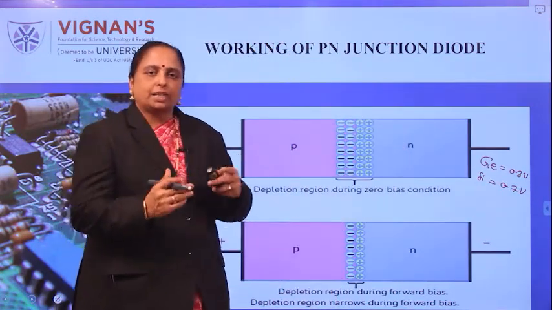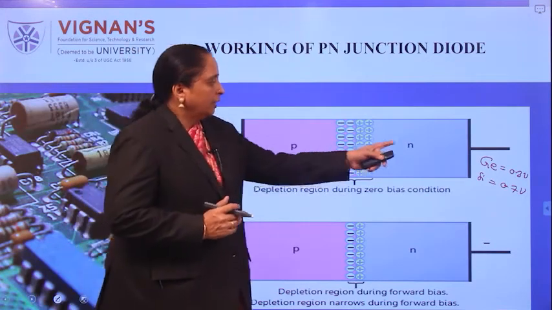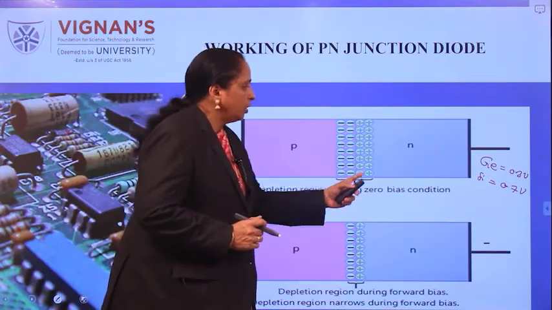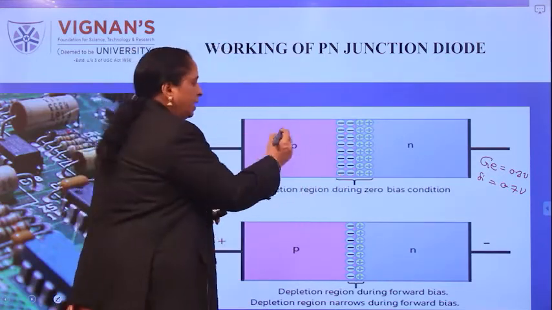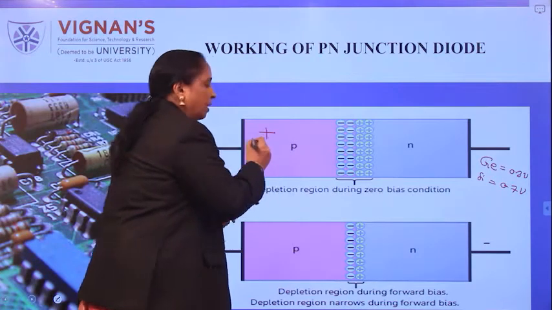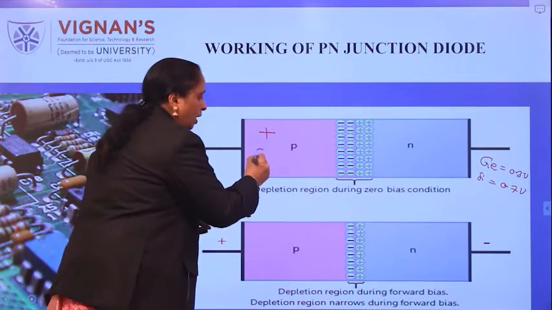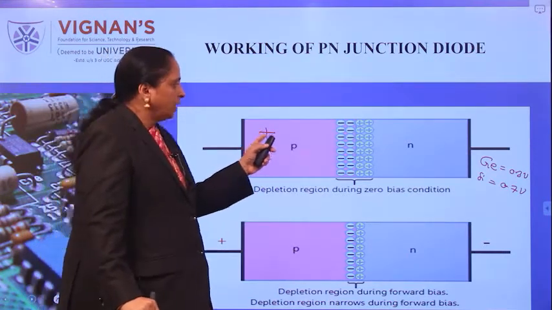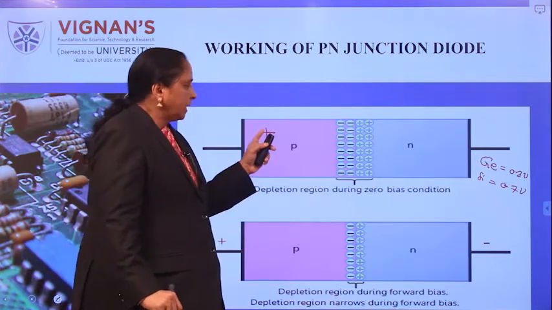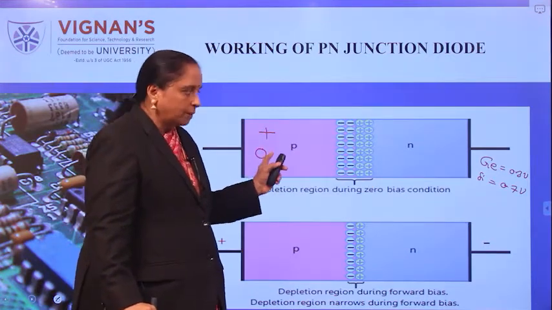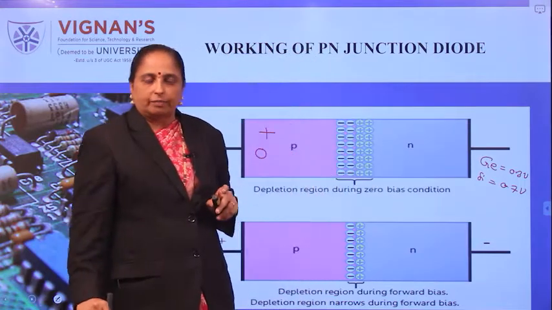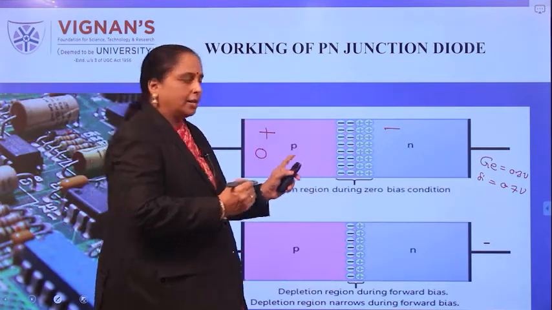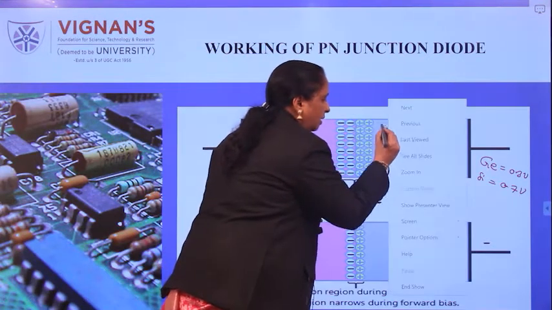So how to understand these values? For example, if the semiconductor diode is made of germanium, the barrier voltage is 0.3. That is, if any positive charge, or you can also represent it like a hole, hole can be represented as a circle. So either positive or hole, if it tries to cross this barrier, the voltage exhibited by this hole must be greater than 0.3. Similarly, if any electron tries to cross this barrier, the electron can also be represented as a small dot.